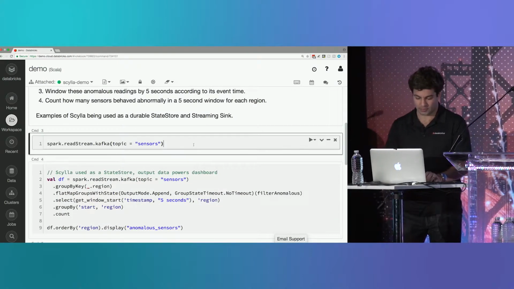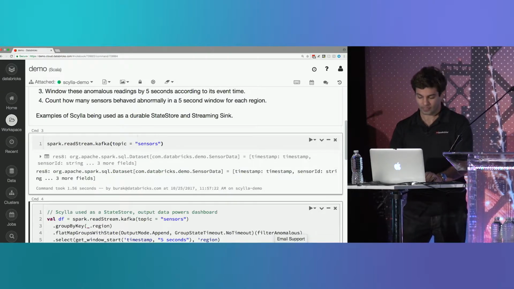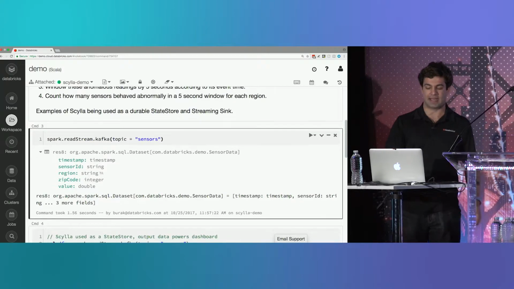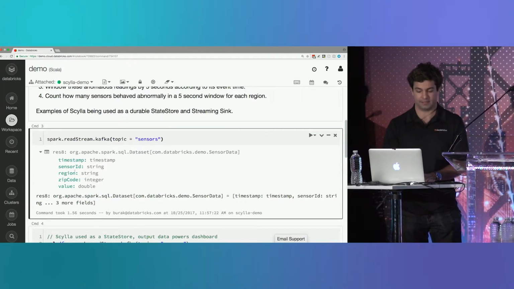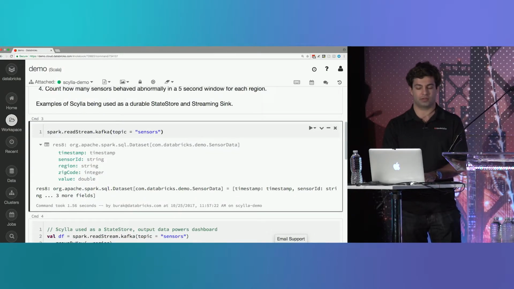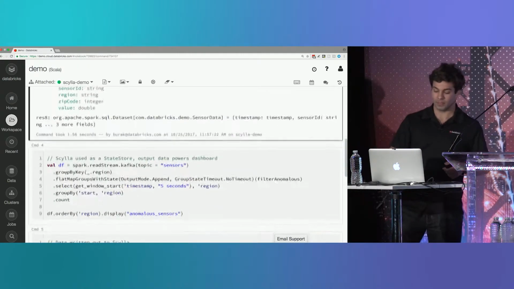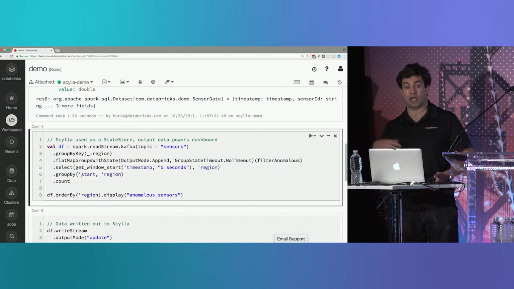So let's start off by reading our data off of Kafka. We have our data set. It's called sensor data. It has a timestamp, our event time. It has a sensor ID. It has a region, which is a string. It has a zip code, and it has a value for the sensor. So in this example, we're going to use Scylla as a state store, and our output data is going to